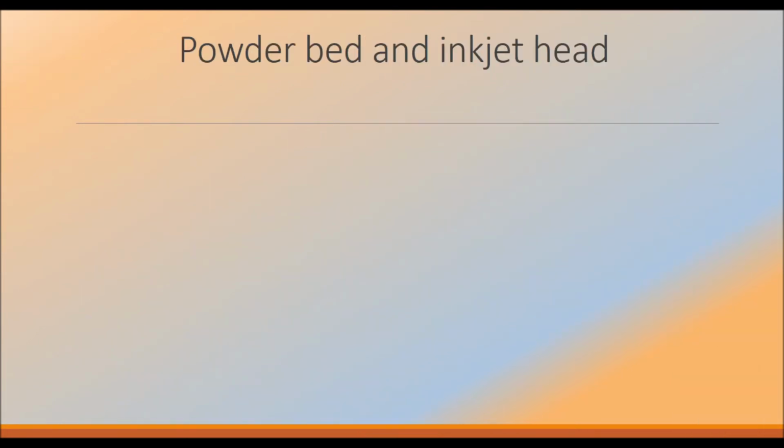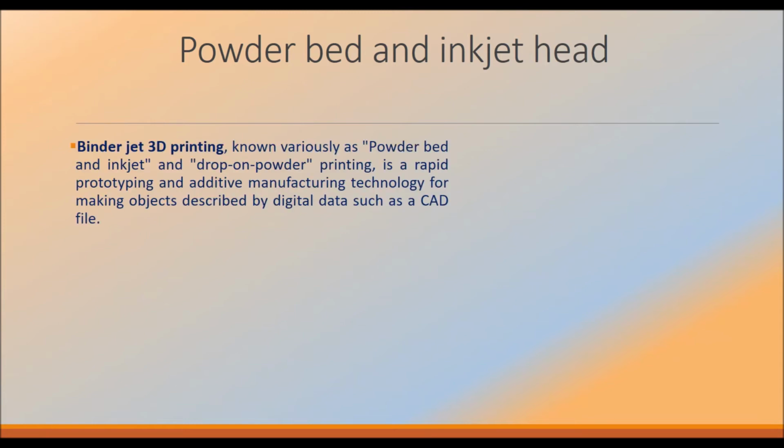So next, coming to powder bed and inkjet head. The Binder Jet 3D printer, also known as powder bed and inkjet and drop-on powder printing, is a rapid prototyping and additive manufacturing technology for making objects described by digital data such as CAD files.